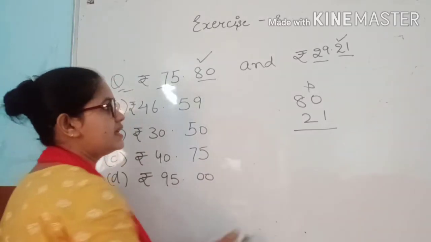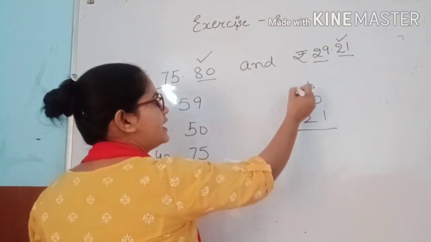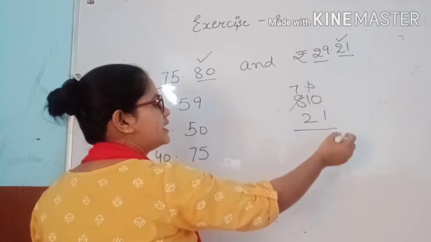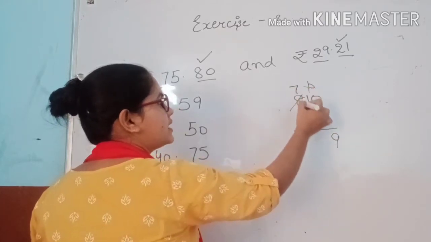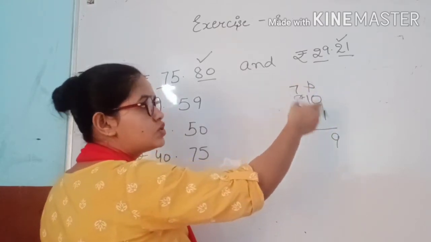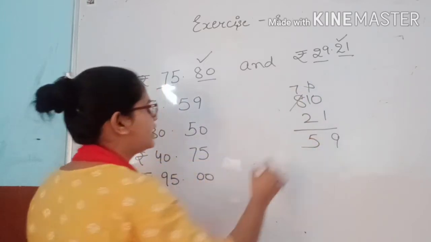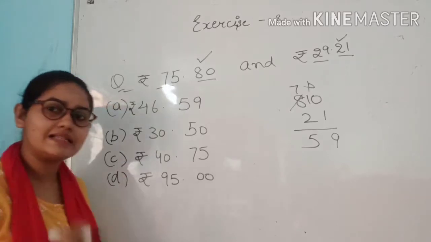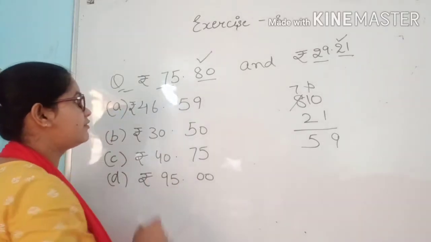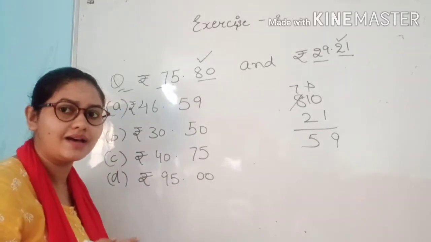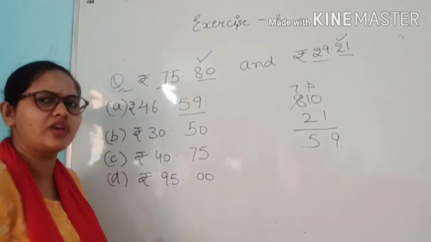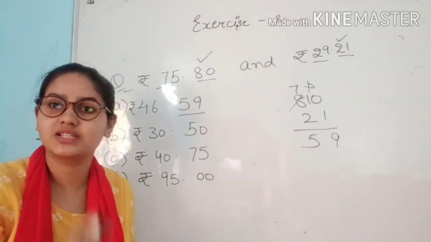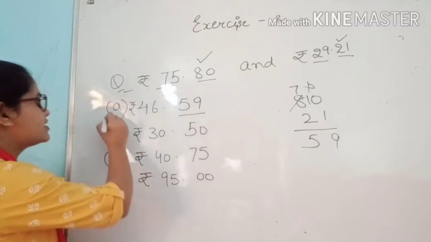Now you can see when I subtract this one, 8 gives to 1, to 10, it becomes 9 and it becomes 7. When we subtract 2 from 7, how much do we have? 59. So in the answers you can see where we have 59 paisa. So quickly we can guess that the first answer is right. So our first answer is right.